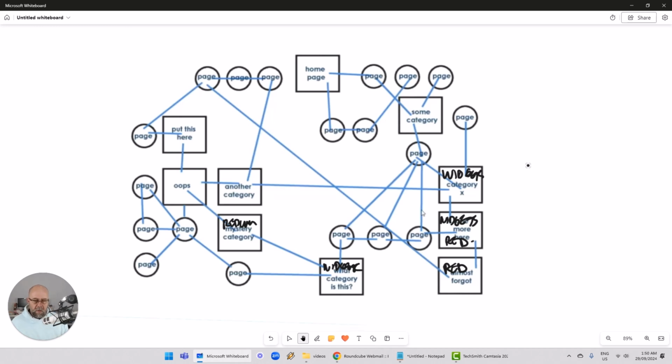And I see this all the time. This is essentially a case of over-optimization, and SEO consultants are notorious for this. They'll just do keyword research, find some keywords, jam some pages in without any thought around where those pages should live. So this then leaves us in a position where, if we were to do the same thing again